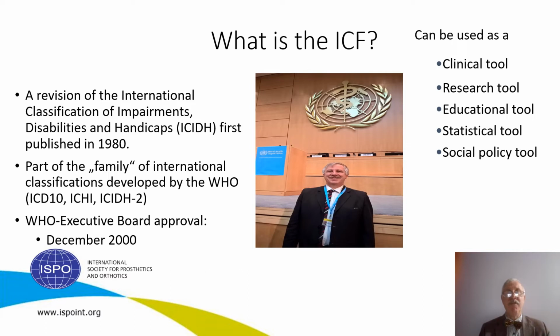The ICF is a revision of the International Classification of Impairments, Disabilities and Handicaps, the ICIDH, which was first published in 1980 and was the first classification looking at the effects of disease and other contributors to physical disability and impairments. The ICF was approved by the WHO Executive Board in December 2000 and by the World Assembly of the WHO in